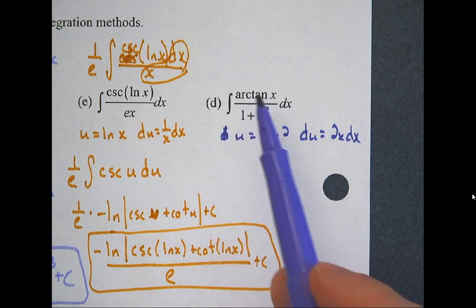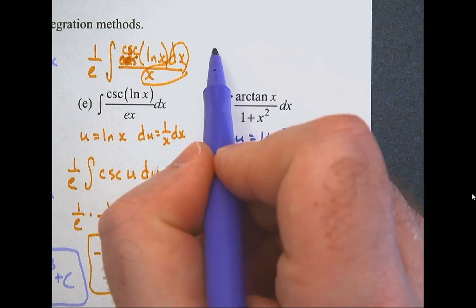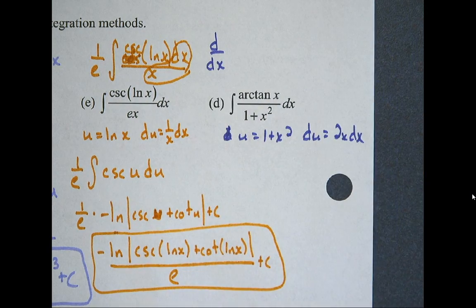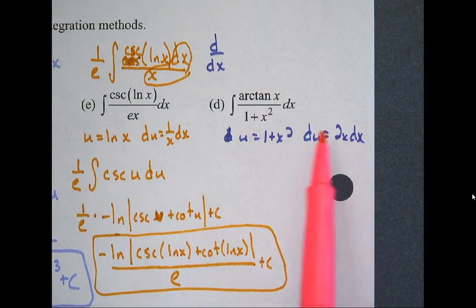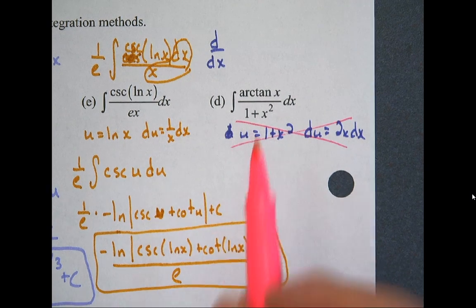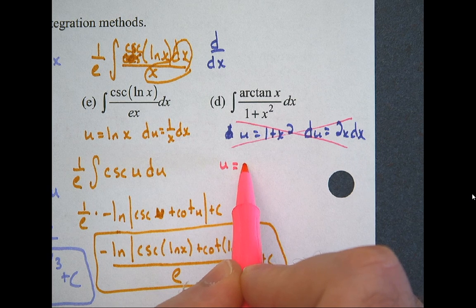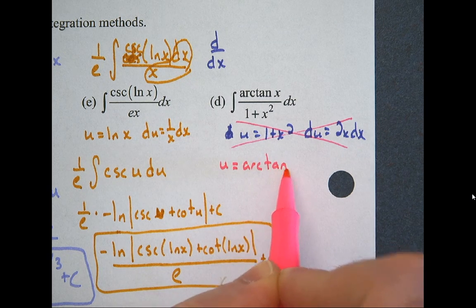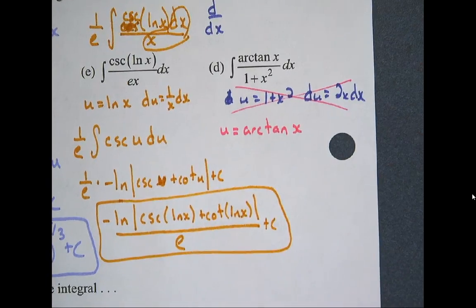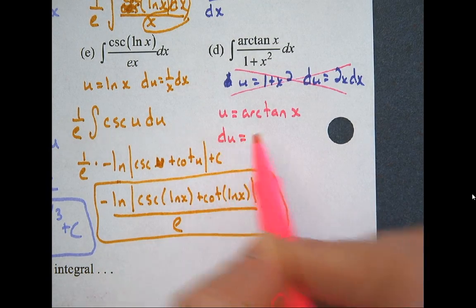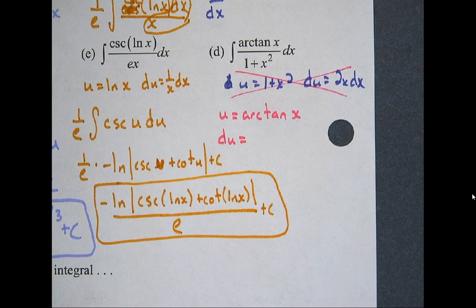So let's take a look at arctangent. What's the derivative? I'll cross that one out so we don't get confused. That did not work. Well, what if we take u to be arctangent? I usually like to write it with the -1, but whatever. du would be, my AP test takers, what would it be? Hopefully you've got it memorized. For the rest of us,